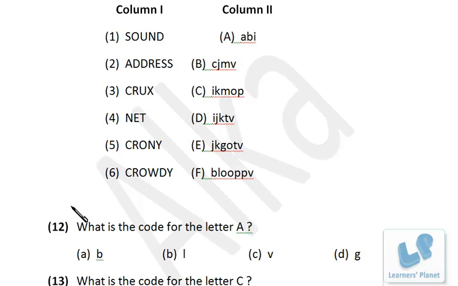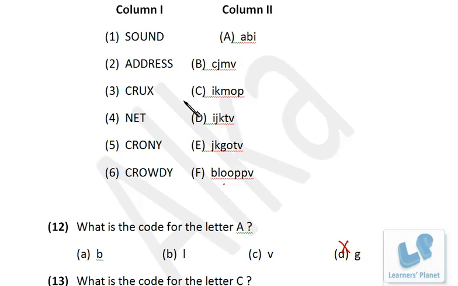Now over here we can try 2-3 questions simultaneously. I just cannot show you each and every question on screen. See here, ADDRESS, right? We have A over here and it is a 7-letter word. That means its coding should be 7-lettered. So that is only one among all of these. Now 2D and 2S, that means OOPP are going to be for D and S. So for A, we are left with either B, L or V. So we have B, L or V. So D is incorrect. That means G is incorrect.